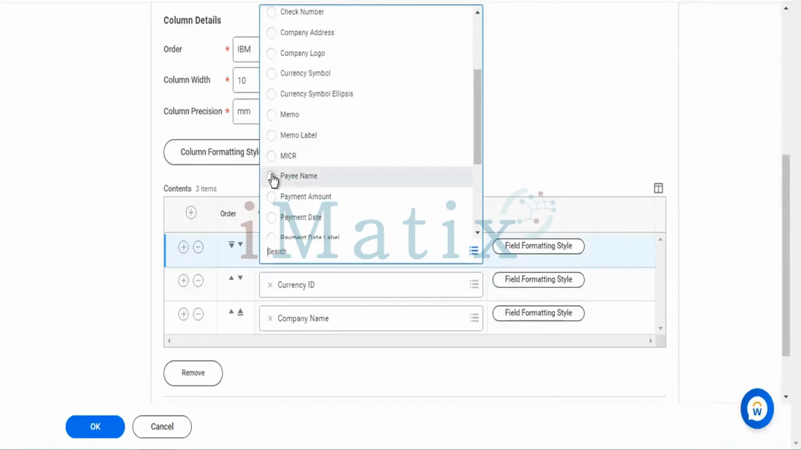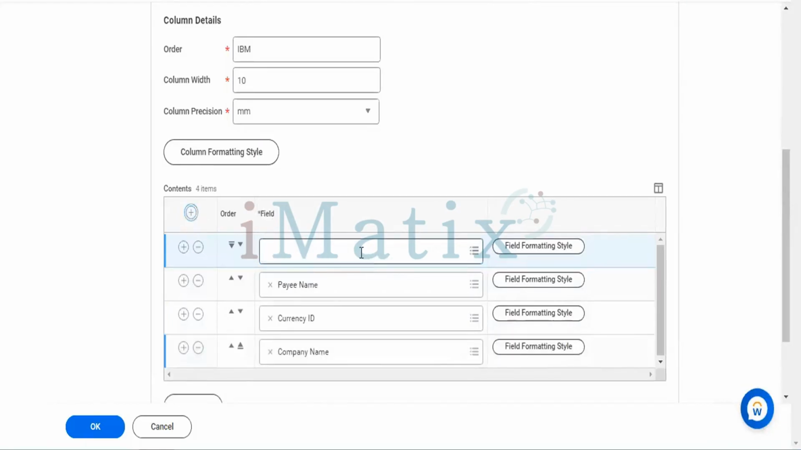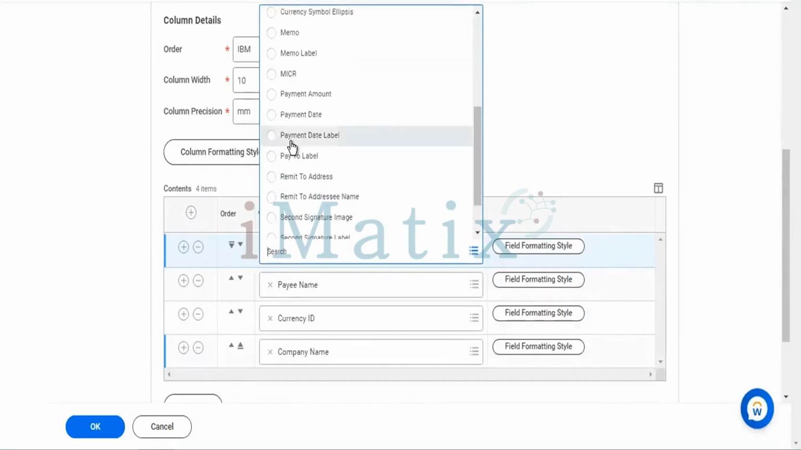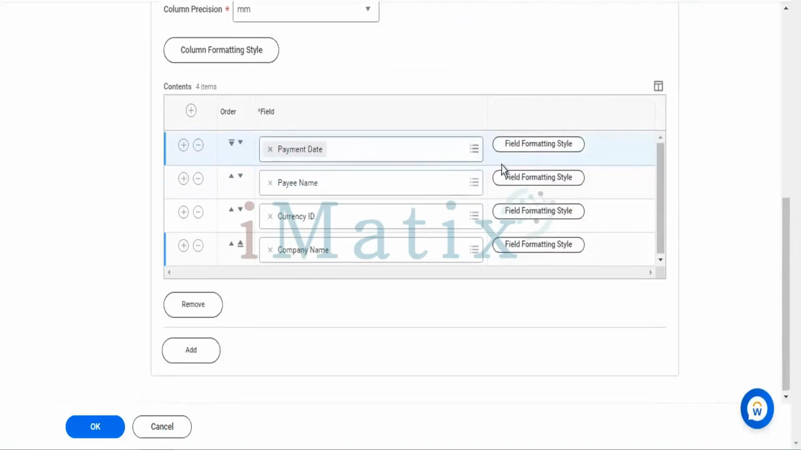Pay. Fourth one. I'm going to select here payment date. Post selecting all these activities,